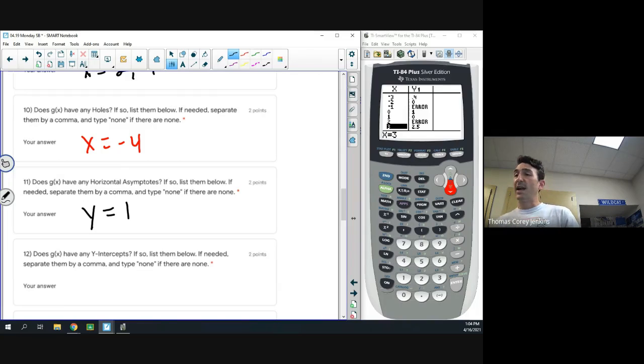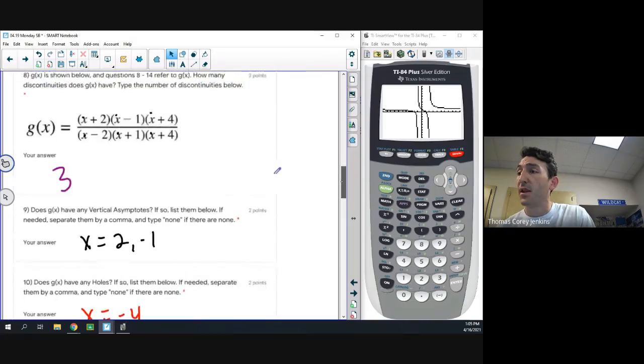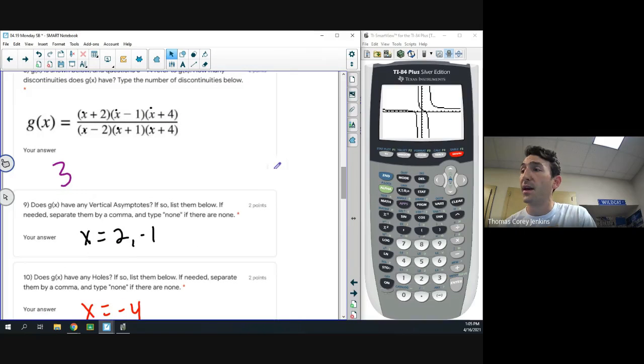All right, the y-intercept. You might just take a quick look at the graph and see if it appears to cross the y-axis. And it does there. Okay, so now how do we get that? Well, you could look at your table and look for where x equals 0, what's y. You can also do it algebraically. If you plug in 0 for x, okay, basically